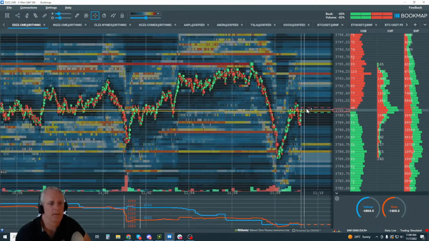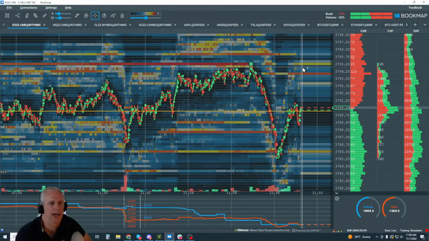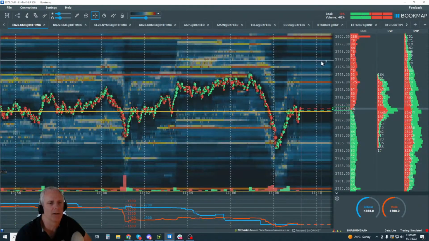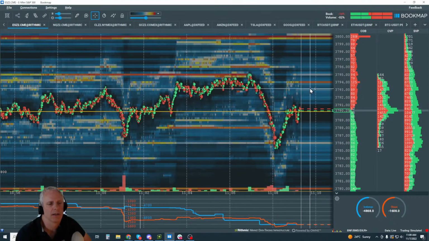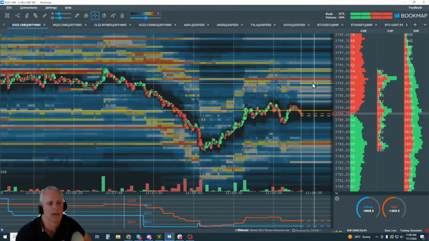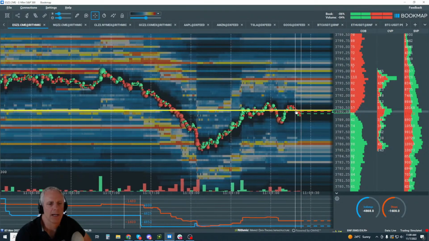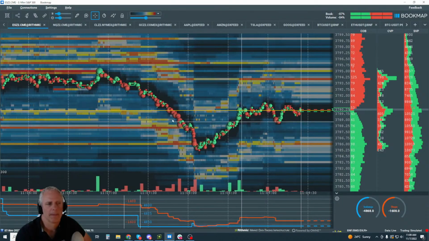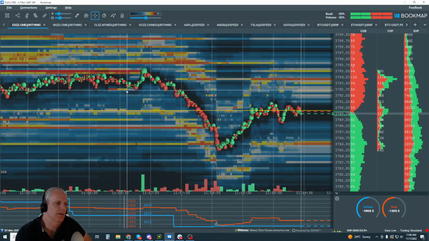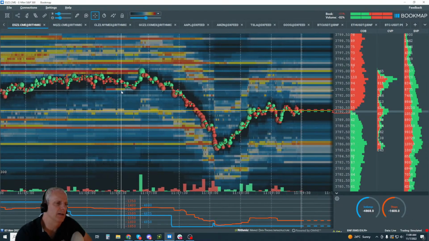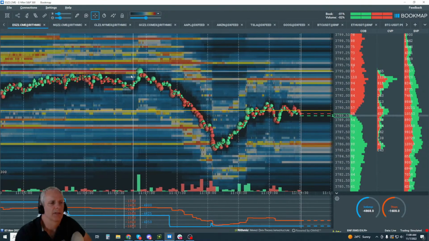Okay, we might even get enough buyers to come right back up to here and then break out and trade up into 3,800. We'll re-enter it in here. We have to re-enter at 90. But see the insight that we got in here from that little event? It gave us some insight.